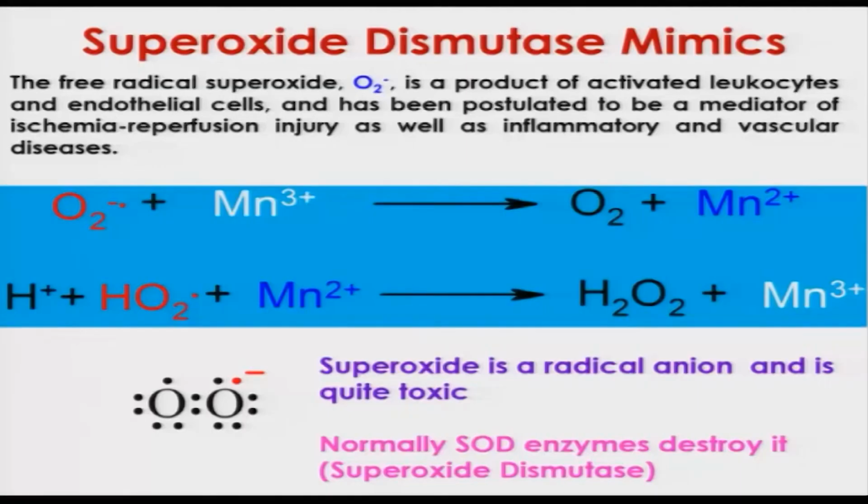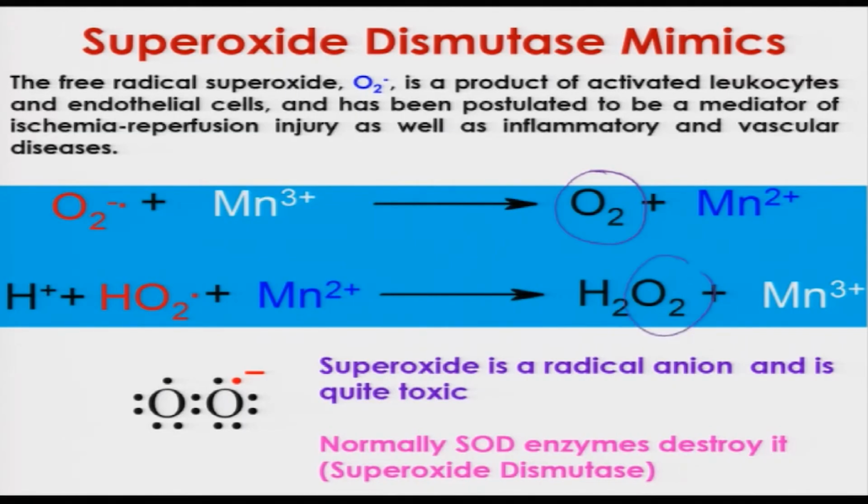In my previous lectures, I discussed that superoxide is extremely poisonous in our body and responsible for various diseases, some of them inflammatory and vascular diseases. There are several drugs which can destroy superoxides, and one of the popularly used superoxide dismutase mimics is shown here, this manganese complex. Indeed, manganese(III) is a redox active metal ion which oxidizes and reduces superoxide to convert it to dioxygen and peroxide.